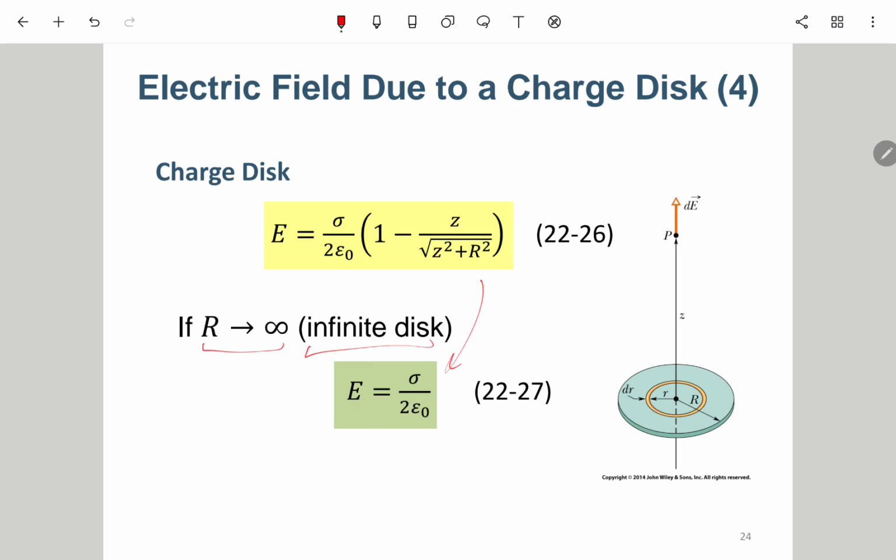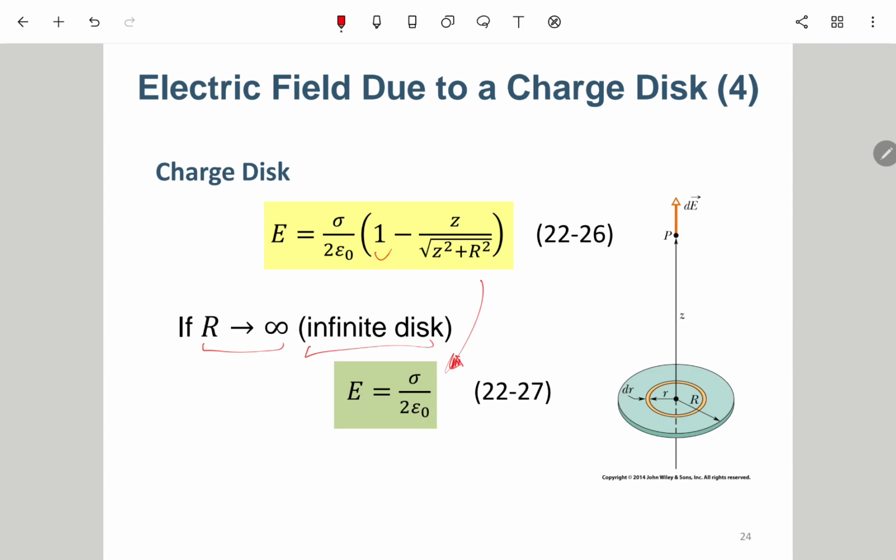will be extremely simplified. And even though for the real world we can't find an infinite disk, we will make use of this approximation. Okay, so the idea here is like if we assume that this capital R is infinitely large,